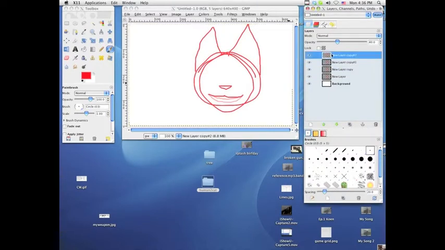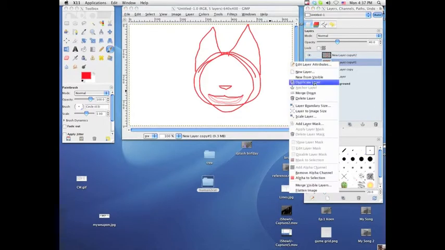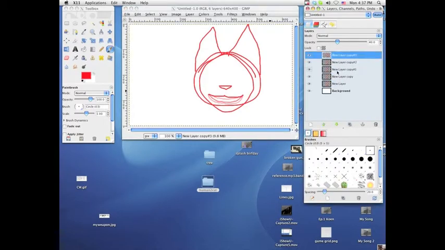Duplicate layer, move it up. And then you just duplicate this one, move it up. Duplicate this one, move it up. Duplicate this one, move it up. So wait, let me check real quick, see if I got it. Okay, so there. Open, open, open, close, close, close. Are those all the same? Oh, I think they are. Great.